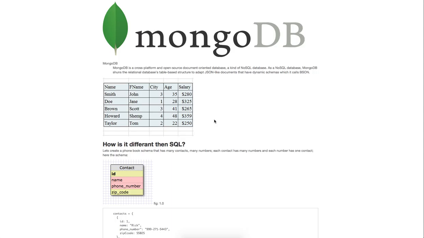Hello everybody. Today I'm going to be talking about MongoDB. I'm going to be giving just like an introduction of it. First we're going to talk about just like what it is, how it compares to relational databases, and then we're